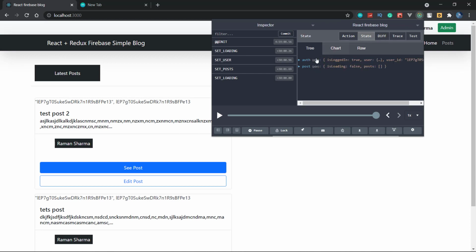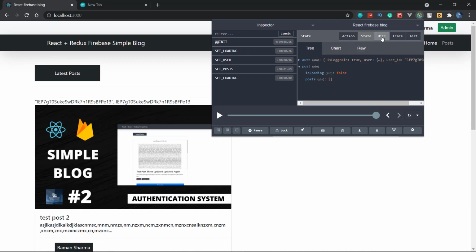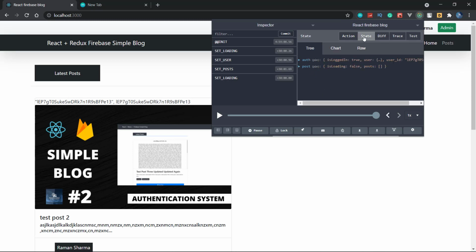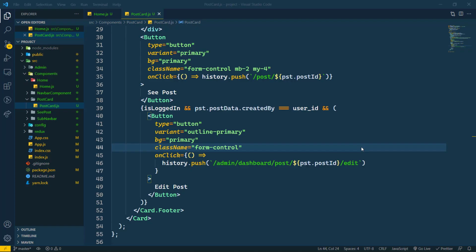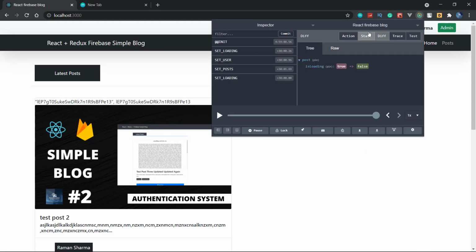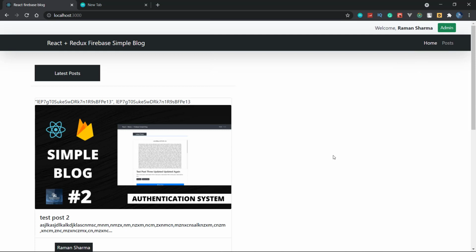Now see that when we look at the difference here, we are getting the post here, but unfortunately we are also removing the post. So we also have to check why we are getting it like this, so that we will see in the next video when we are going to fix these bugs.